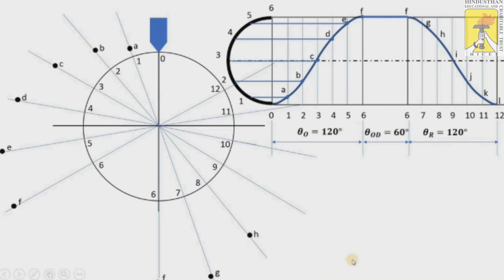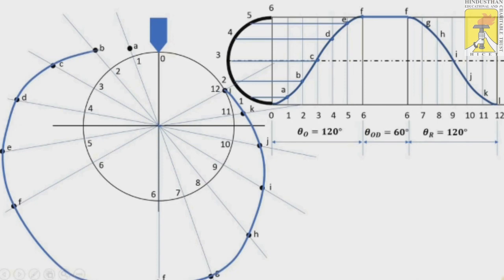Likewise, we leave the dwell, and then again in the return we follow the same procedure here, plot the points and mention them as F, G, H, I, J, K and L. So we have plotted the entire points here. Now by using a pencil, we join all the points A, B, C, D, E, F, G, H, I, J, K and L with a smooth curve in freehand.